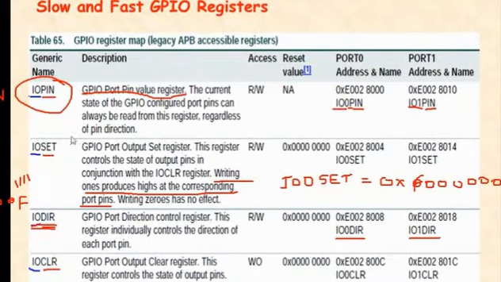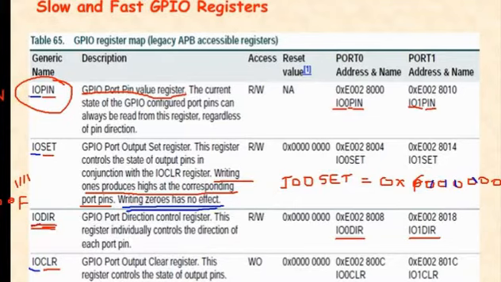So whatever you set in IOSET, that pin will be cleared there also. Writing 0 in both cases has no effect. So if you write 0, it will not affect any port pin. Only writing 1 will affect the port pin.